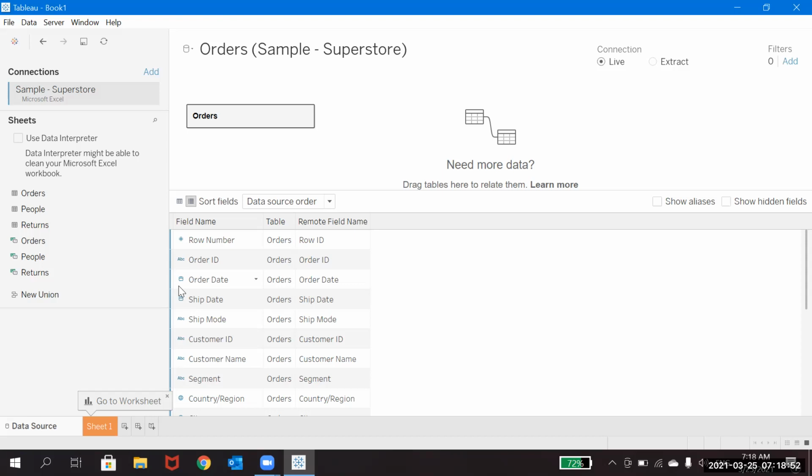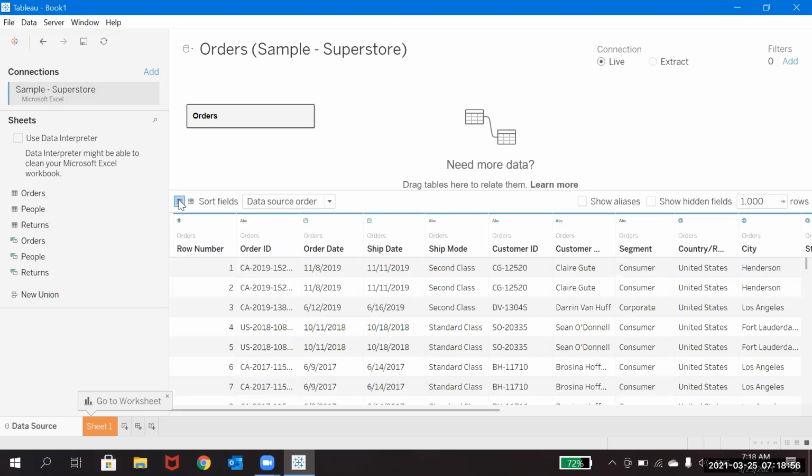Okay, so this is the next page. Once you connect to the data source, you can observe this. About the data connections and everything, we'll be discussing more in the next class. But now we will actually see how the Tableau environment will look, and which option will help us with what type of thing.